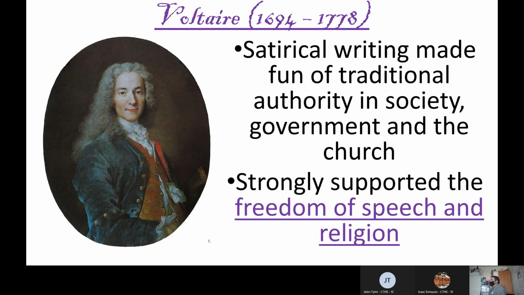He said, you should be able to say whatever you feel, even if I don't agree with that. I've got a quote over there from him, which I'll paraphrase, but he says something to the extent, it's a really famous quote, I don't agree with what you say, but I'll fight to the death to protect your right to be able to say it. Again, you look at our U.S. Constitution,